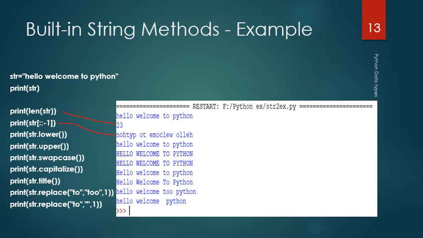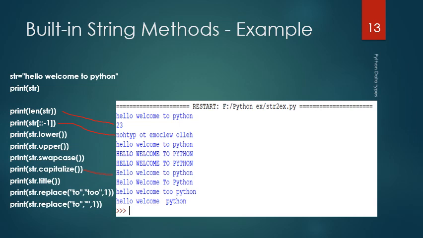So print str.swapcase will swap the case of characters and display. The capitalize function returns a copy of the string with its first character capitalized. So here we get the output with the first character capitalized.